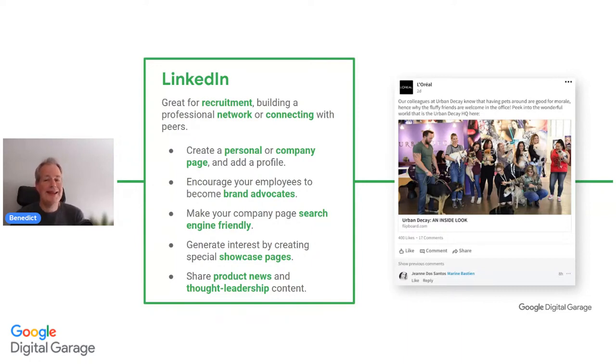They interview employees for an insider insight, which is really useful. LinkedIn is most typically associated with business to business. It doesn't only have to be that, but often it is in that context.